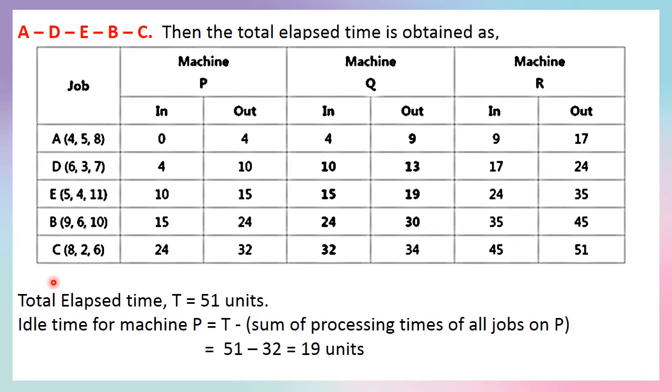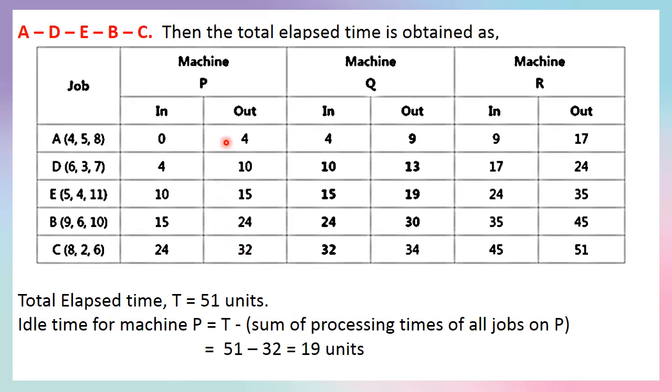Using the sequence A, D, E, B, C, we can calculate the total elapsed time for all the 3 machines P, Q, R. Now we have to consider the given machines P, Q, R after getting the sequence. Now the sequence is A, D, E, B, C, and we write the timings for machines P, Q, R here so that we can calculate the in and out times easily. Now the in time of the first machine should be 0, and according to the time required we will write the out time of this machine.